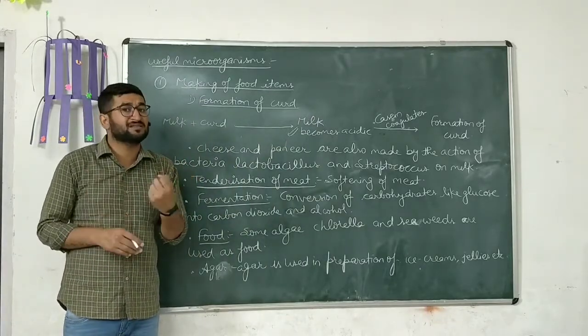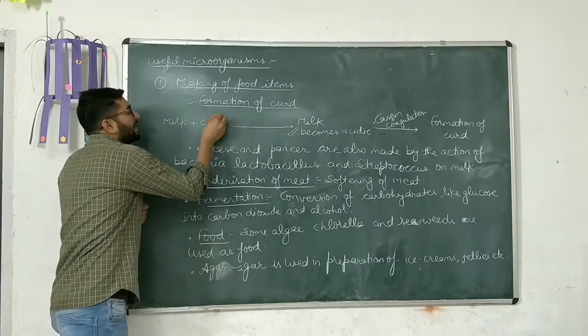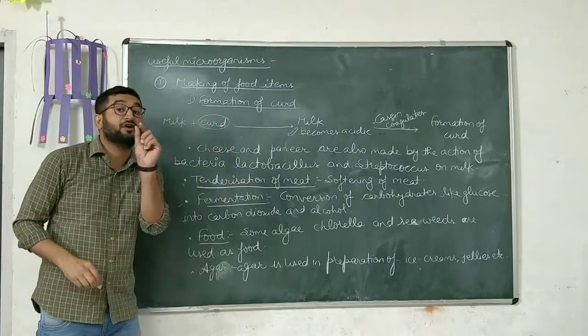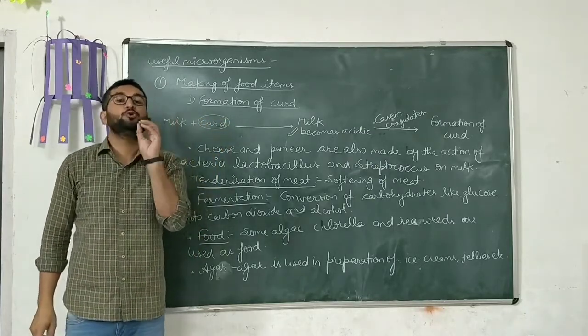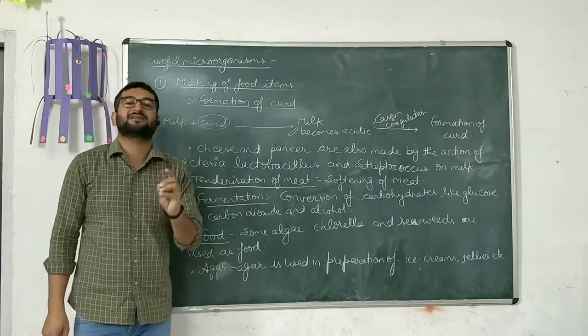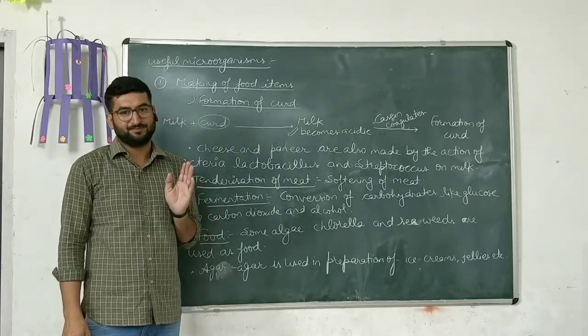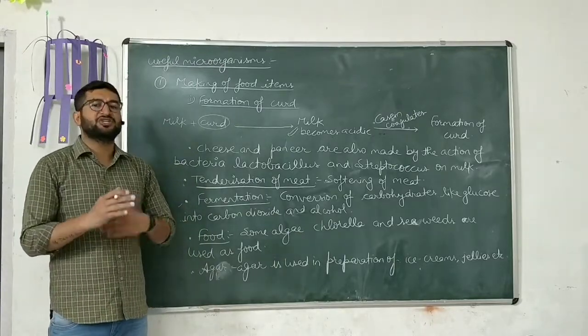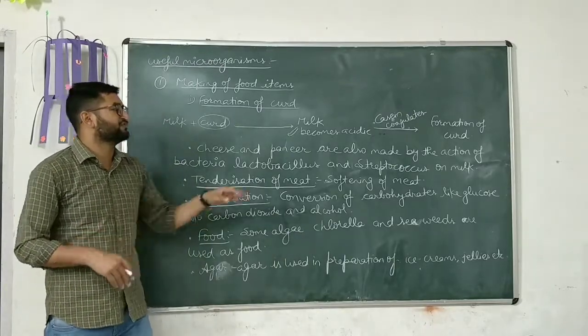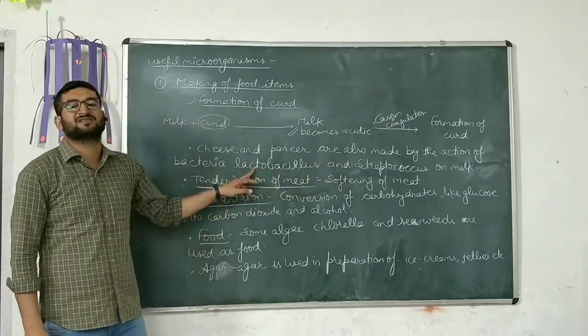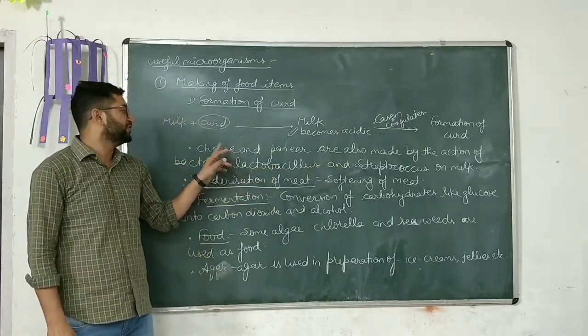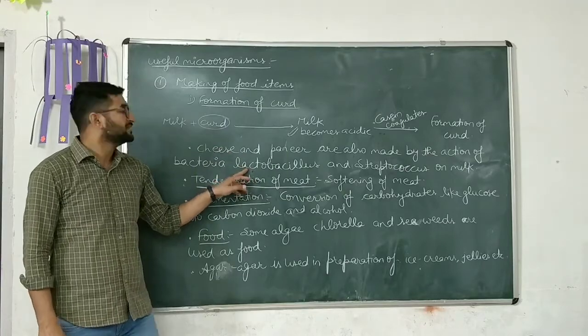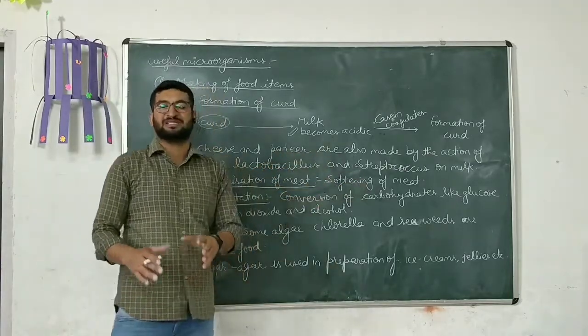From where did that lactobacillus come, bache? We add a small amount of curd or buttermilk into the lukewarm milk so that curd can be set up easily. After that, we have discussed, bache, the formation of paneer and cheese is done by the help of streptococcus and lactobacillus respectively. For the formation of cheese, lactobacillus helps us, and for the formation of paneer, streptococcus plays a very important